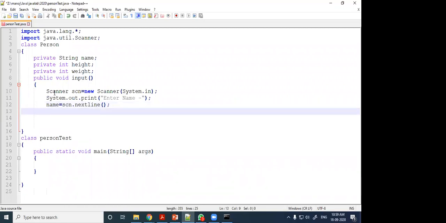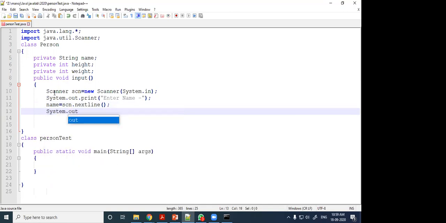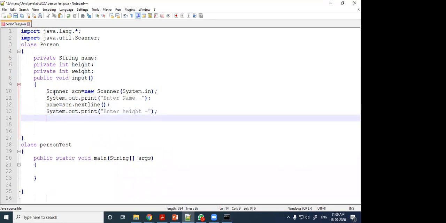Next, we will show a message. System dot out dot print, enter height. Then height equal to scn dot next int. You are not observing. Next line, next int.